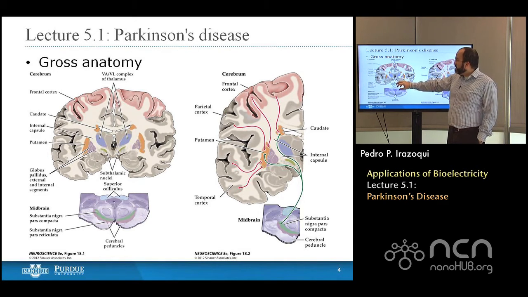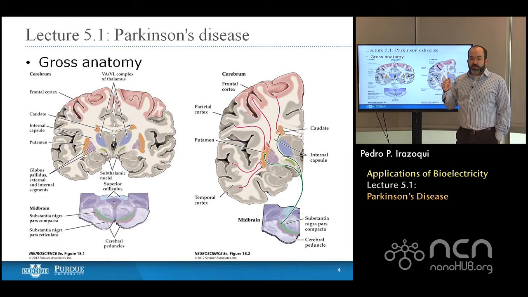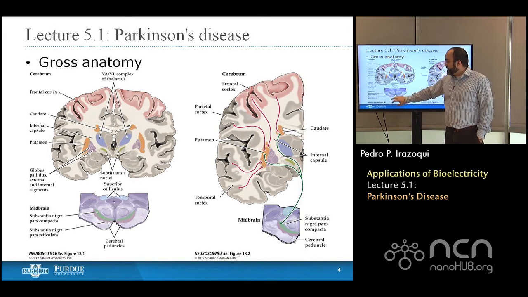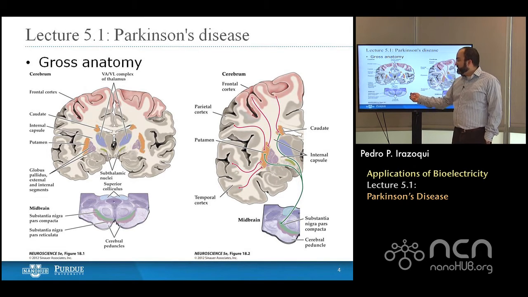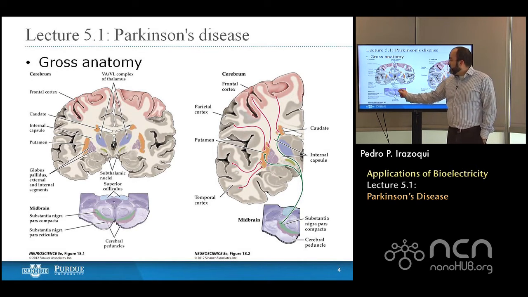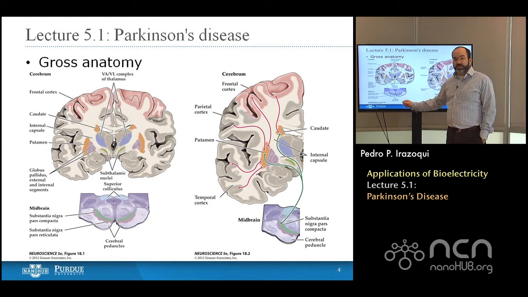We're looking at a coronal section of the brain showing the basal ganglia. And the basal ganglia are these structures in the brain, the caudate, the putamen, the globus pallidus, that are intimately involved in motor control. And it's the basal ganglia circuit, which includes the structure in the midbrain called the substantia nigra, which can be divided into the pars compacta and the pars reticulata, based on the anatomical appearance of that structure under a microscope slice, that are involved in Parkinson's disease. Specifically, it's neuronal death in the substantia nigra, which leads to the observable motor symptoms that we see in Parkinson's disease.